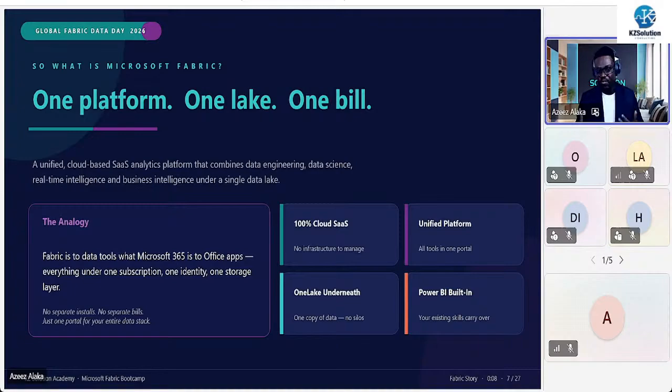So what is Microsoft Fabric? Microsoft Fabric is one platform, one lake, one bill. It's one platform that has all of these solutions together. It's a unified cloud-based SaaS analytics platform that combines data engineering, data science, real-time intelligence, and business intelligence under a